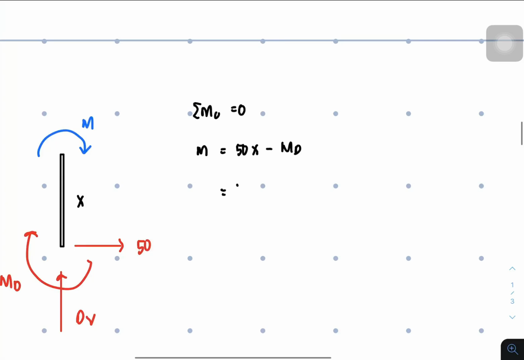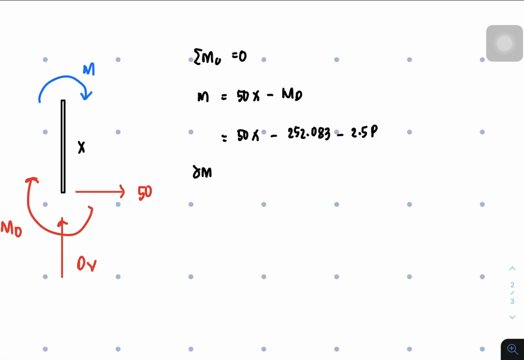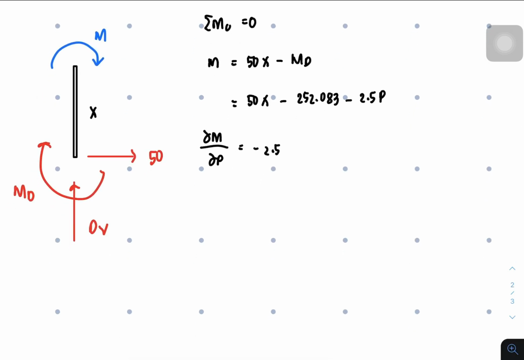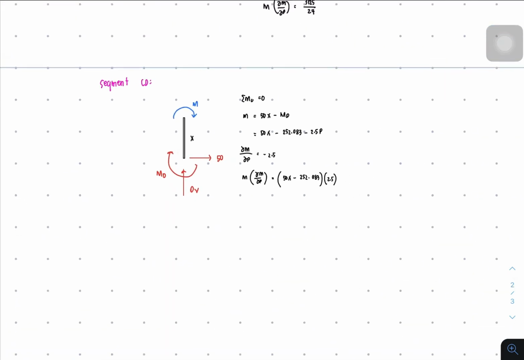So that's 50x minus 252.083 minus 2.5p, and the partial derivative of m with respect to p is negative 2.5. So now the product of the two is 50x minus 252.083 times 2.5. So